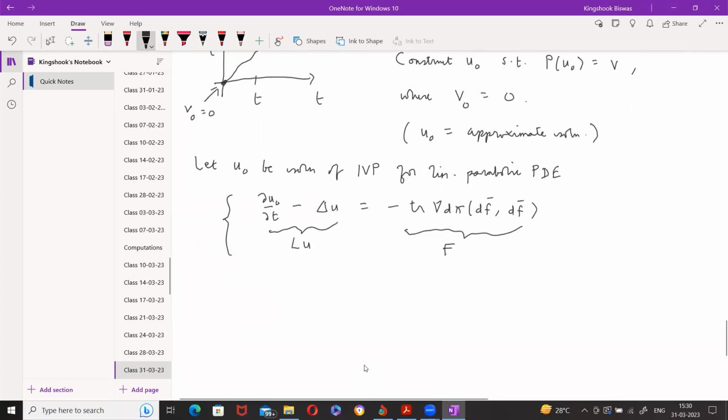So this will have a solution given the initial condition: u naught of x, 0 is f bar of x. So this has a solution by the classical theorem on linear parabolic PDEs. U naught exists by the classical theorem, and satisfies